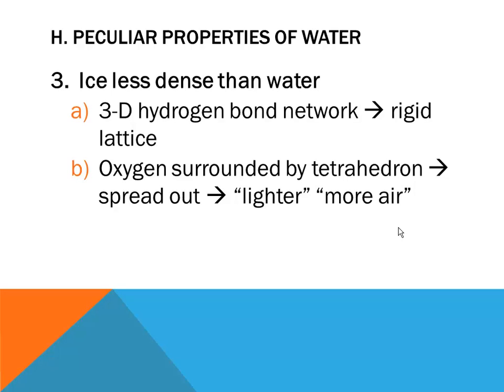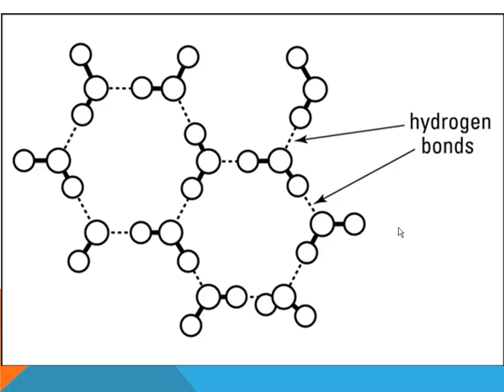Ice is very unique. When water freezes, it actually makes a rigid lattice, which allows air to be kind of surrounded in a tetrahedral shape and spread out, so it makes it lighter. As you can see here, the hydrogen bonds form a space